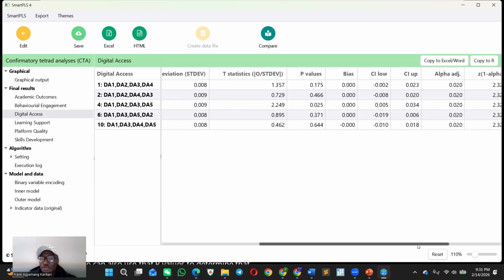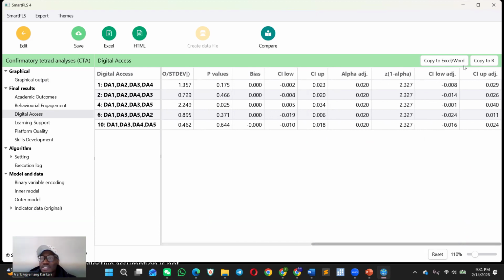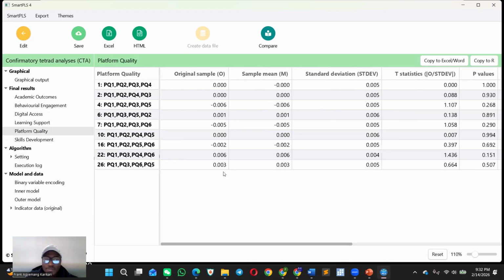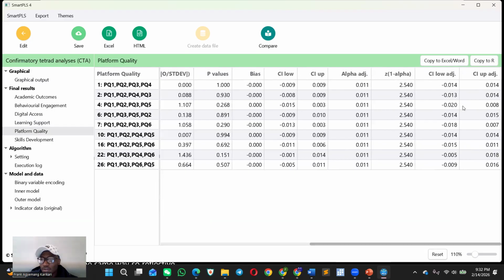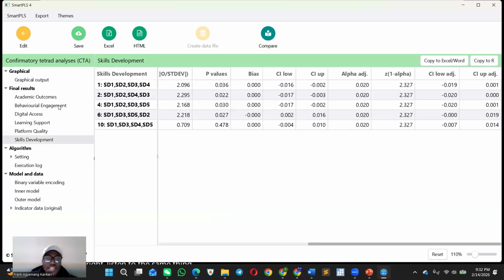Okay, but basically we use the confidence interval, because if the p-values are not significant, that is where we can say that. Or if a significant number of the p-values are not significant, you can say that yes, the reflective assumption is not violated. But basically the CI lower adjusted and the CI upper adjusted is what we use to determine. So let's check for this one as well. The same way, so reflective. All right, this one too, the same thing. Reflective. So this is how we determine whether to use a reflective model or